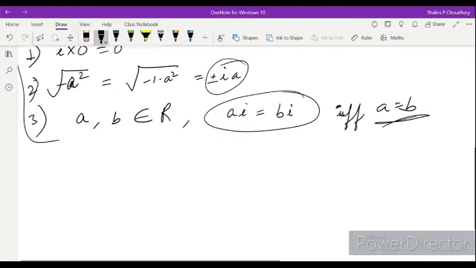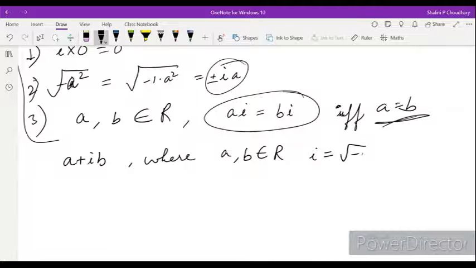Okay, now we'll see what is complex number. Complex number is a number in the form of a plus ib, where a and b belong to real numbers and i will be equal to square root of minus 1. And this is denoted by z. So here we can also write z is equal to ib plus a, या फिर a plus bi. Okay, ऐसे भी, but there will be one imaginary number and one real number.